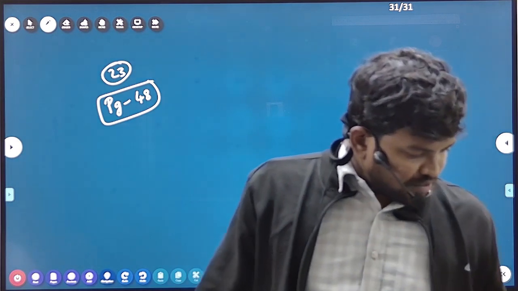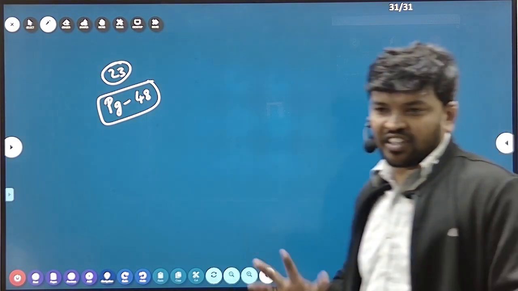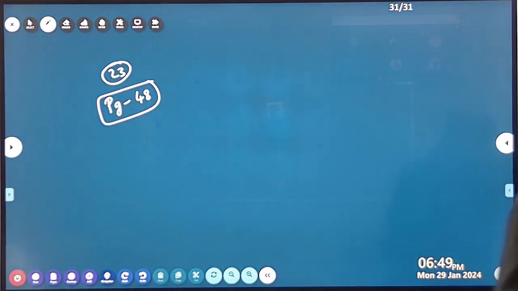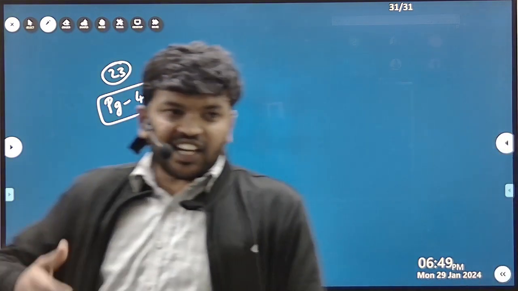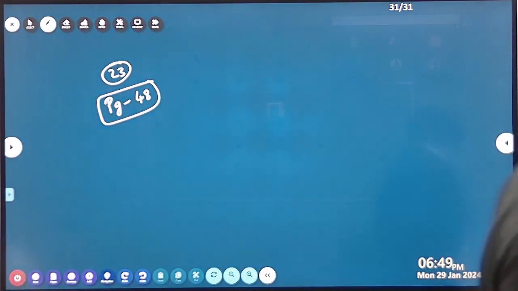Here they did not mention what the called up money is, so take it as 10 rupees. Because the face value is 10 rupees, assume everything has been called up. Equity share capital account debit, how many shares are they forfeiting? 100 shares. 100 into 10, what is the entry? Equity share capital account debit 1000 rupees. Clear? Next,